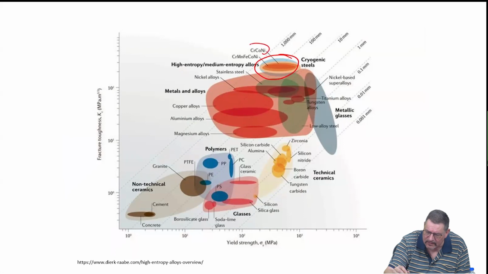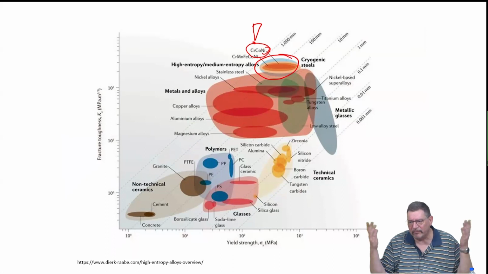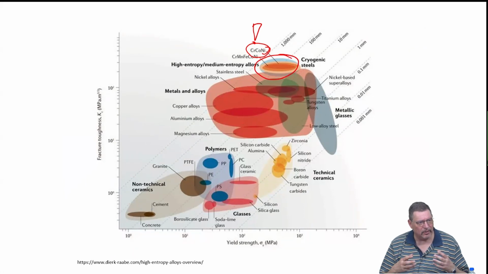Because this is a very important alloy. Chromium, cobalt, nickel, so well known for many, many years. And it has been really the starting point of making a high entropy system, because you can see that 3 of the 5 components of the Cantor alloy are already in there. You could see it's a single phase solid solution, and it has these very good properties.